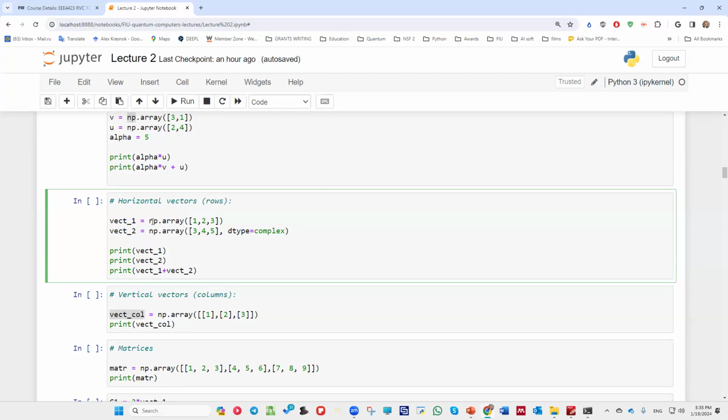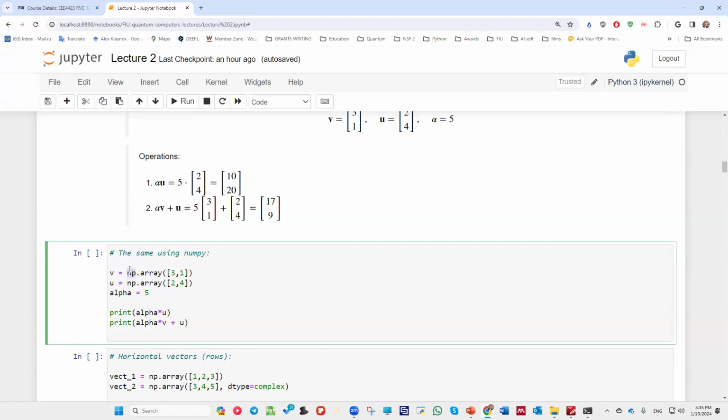So NumPy is a library, and it contains many functions. For now, I need to use this particular one. So I call the function array from the library NumPy. So I write NumPy.array, and then